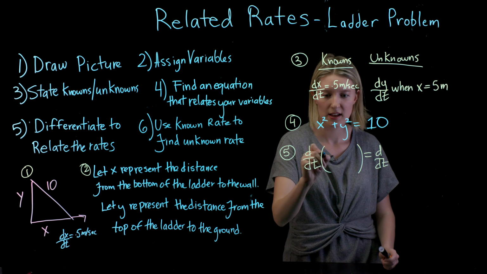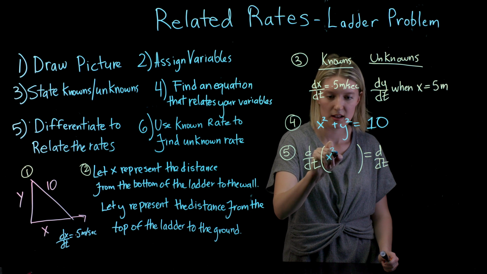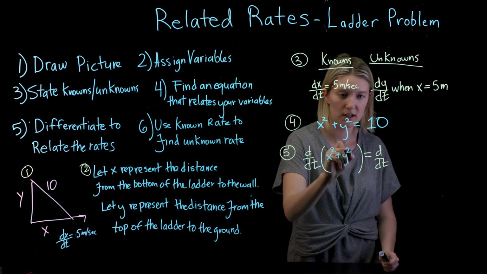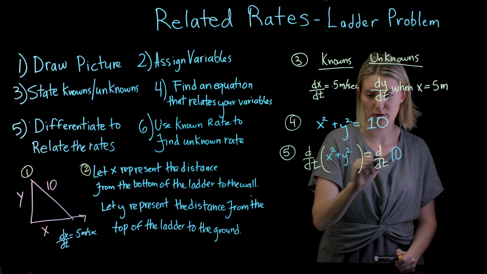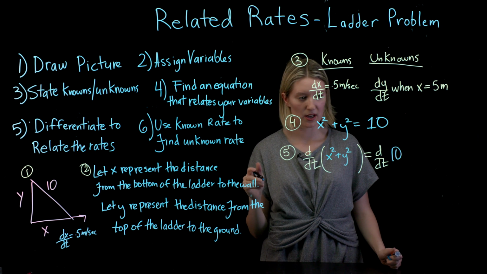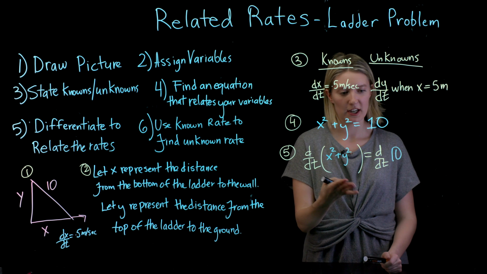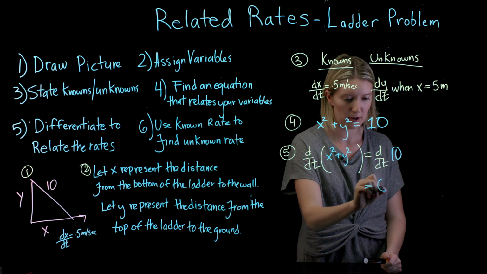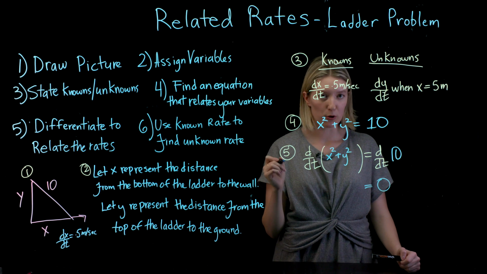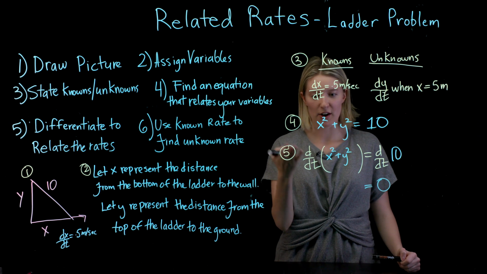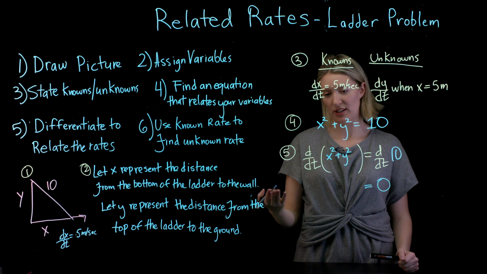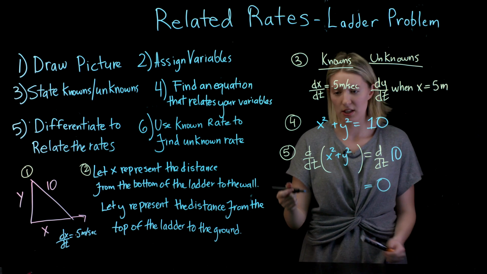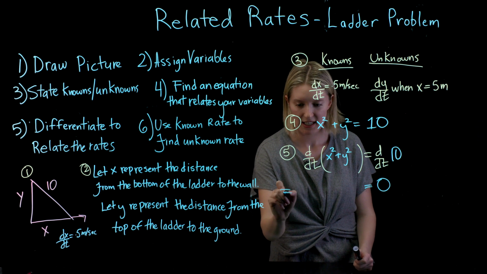So I have x squared plus y squared over here, and then I have 10 over here. Now, I know that the derivative of a constant number is just going to be 0, so my right side will turn into 0. And in order for me to take the derivative, on the left side I'm going to have to use implicit differentiation and rewrite the derivative with respect to t as,